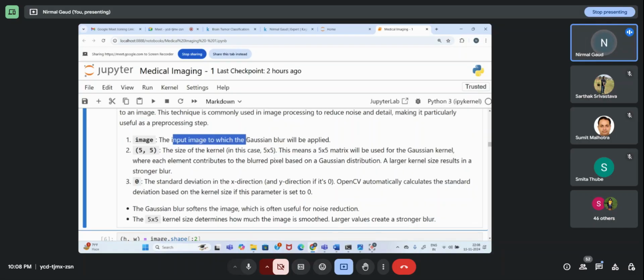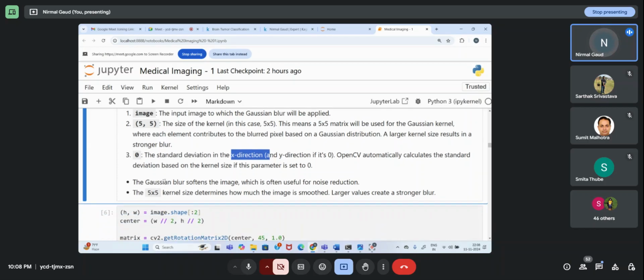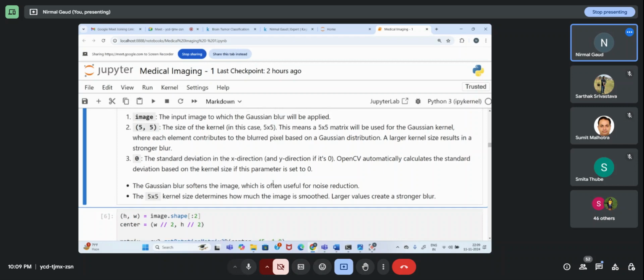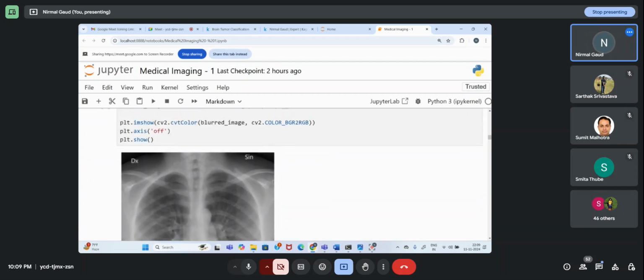I'm taking an image, a kernel, and 0 is the standard deviation in the x direction. So it will perform the blur. Blur means it will soften the image, which is often used for noise reduction. It will make your image smooth.